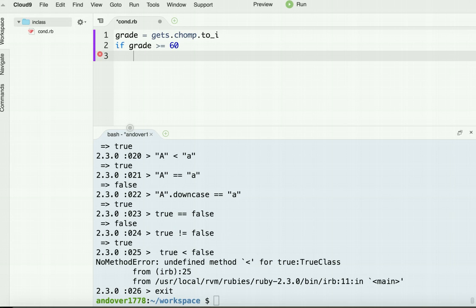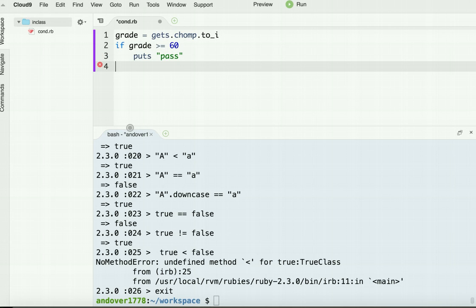Notice that when I press enter, Ruby automatically gives me an indent, and that's to help me both visually line up and understand that I'm now writing code that corresponds to what happens when the if statement is true. The first part of the if statement is always when it's true. So if the grade is greater or equal to 60, I will say puts pass,